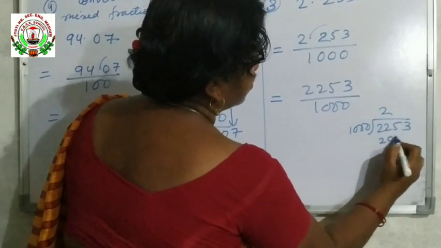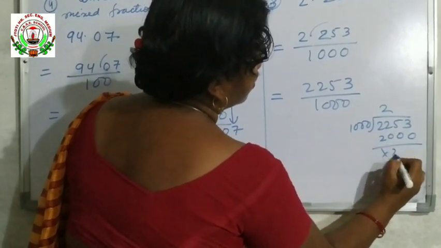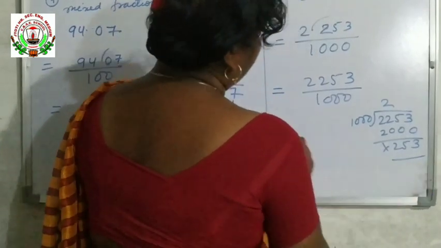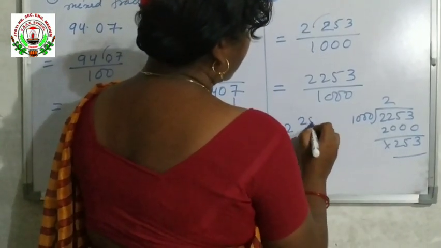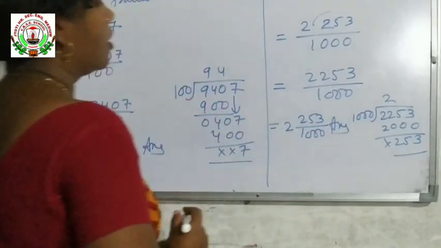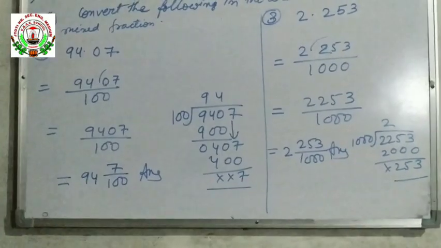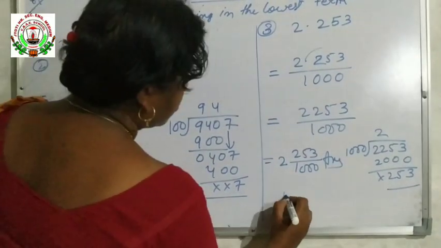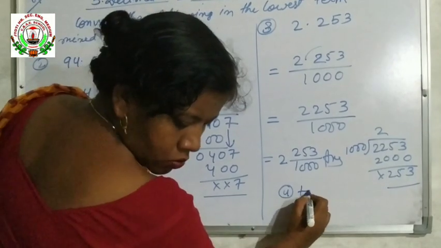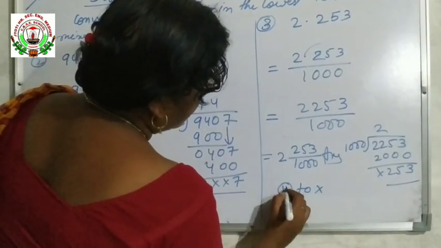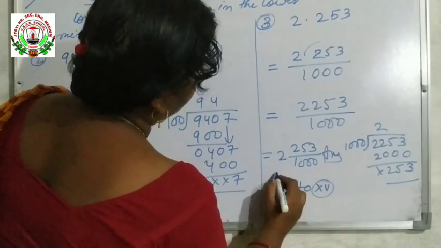2 times 2000. Now what will come? 253 by 1000. This is the mixed fraction. Understood? So the rest of the questions you will try to do, that is question number 4 to 15. It will be your